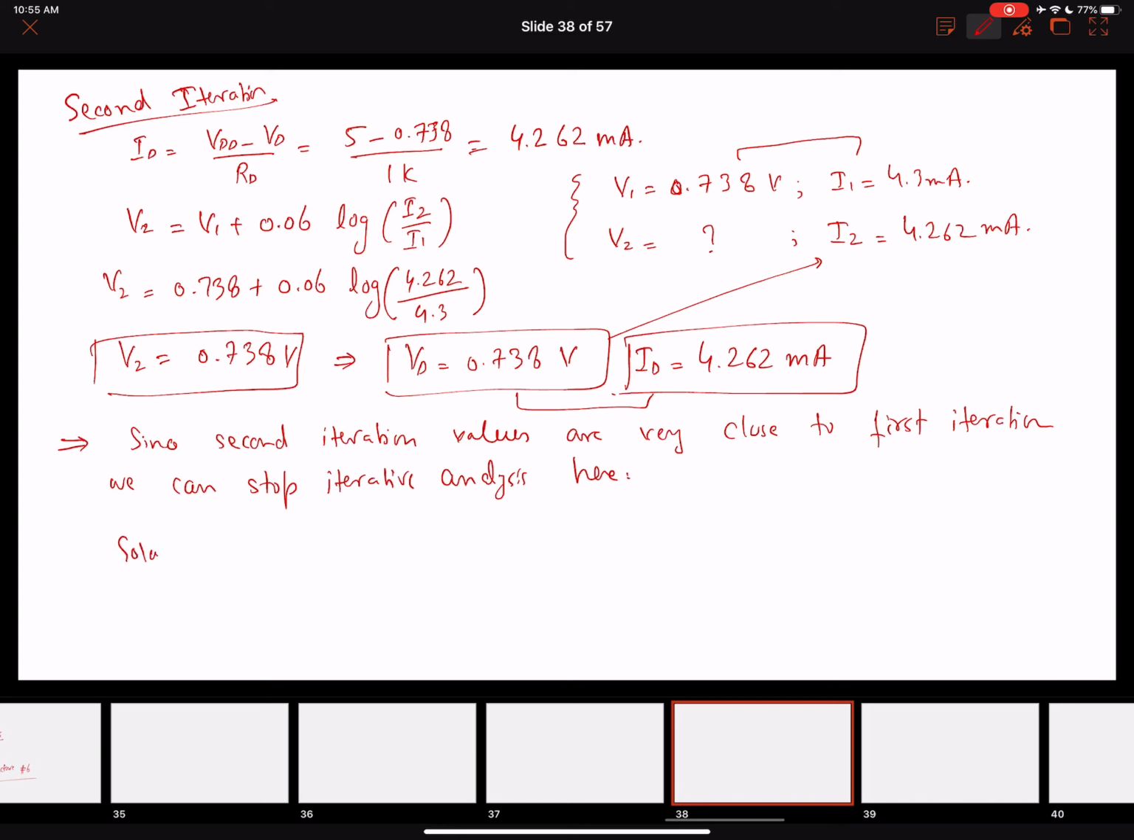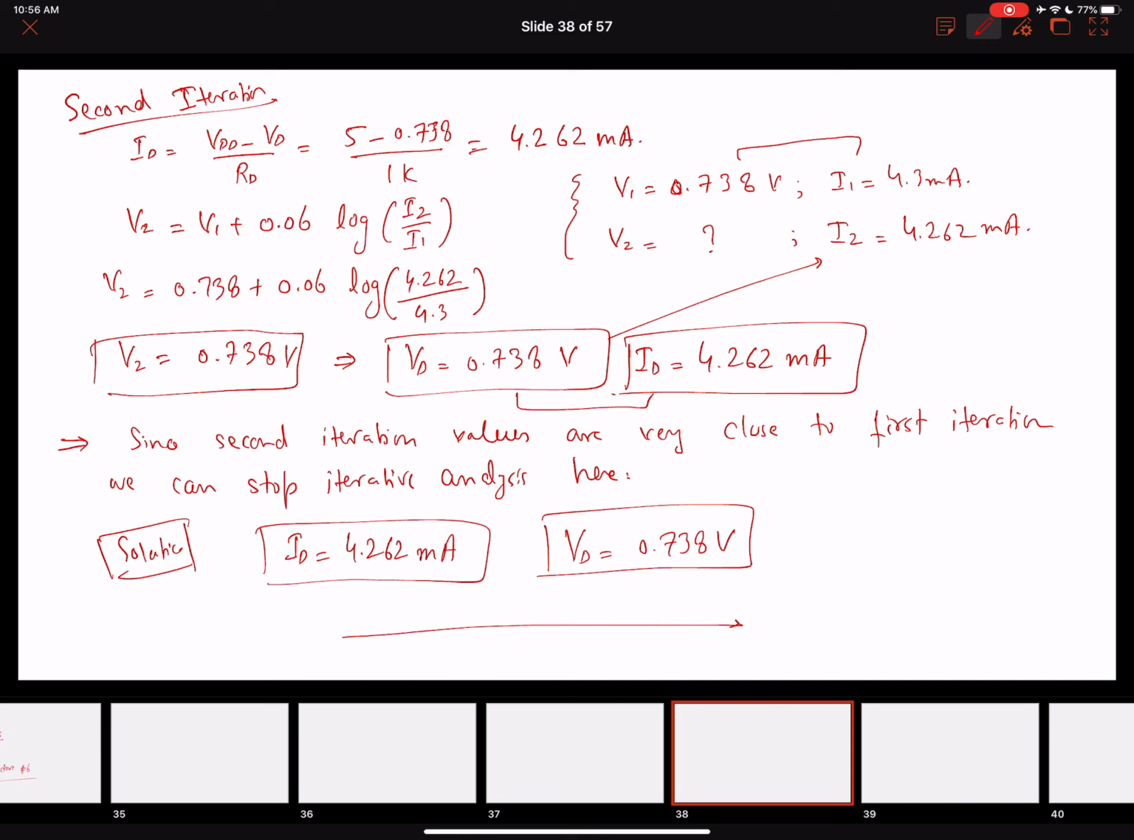and we can say that our solution, our final values of ID is 4.262 milliamperes, and the final value of VD is 0.738 volts. Okay, so this is how we can do this iterative analysis, in which we can start with